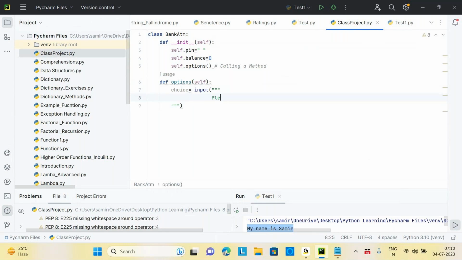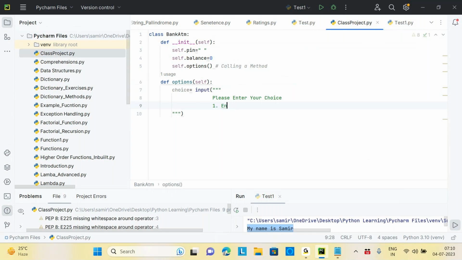I say please answer: first option, one, create pin. Second, to know the balance. Basically, I'm just creating some kind of menu option for you. I'm just giving the user options. You will press one, two, or whatever. Okay, so now after this, I will say